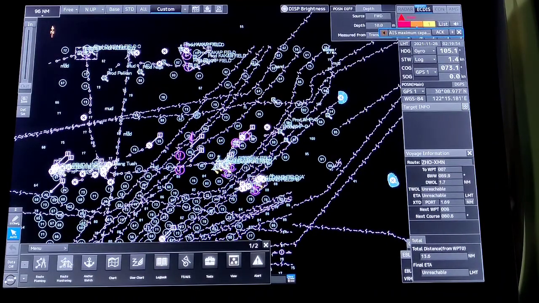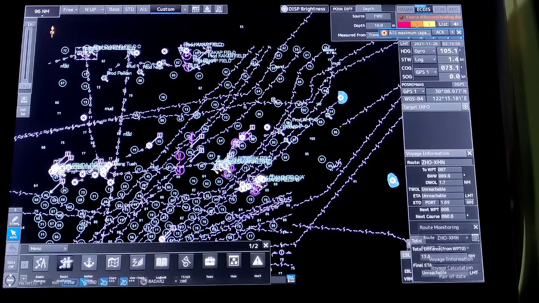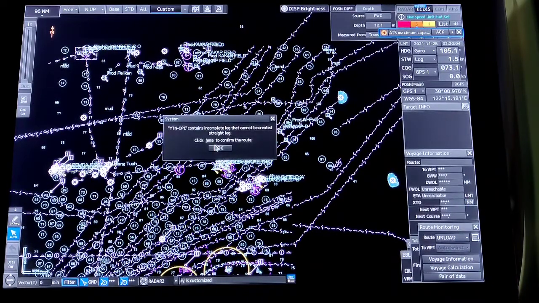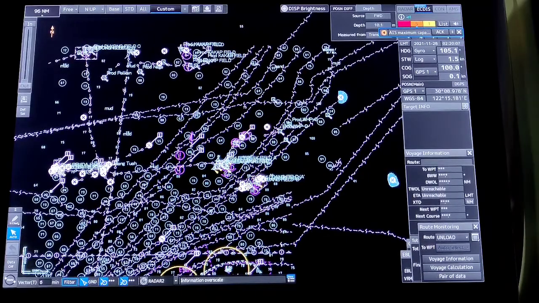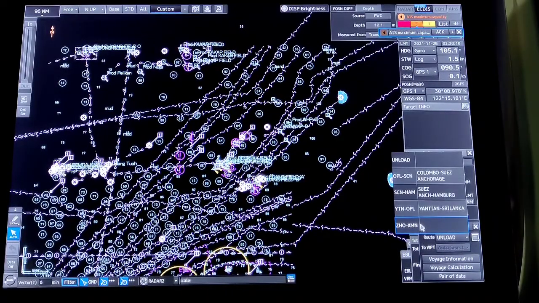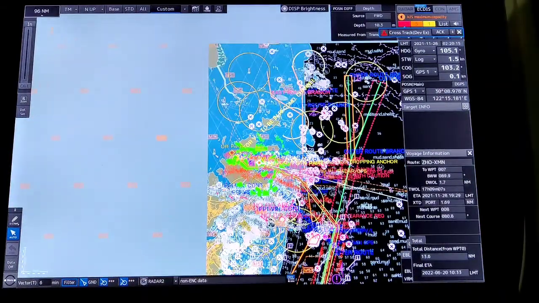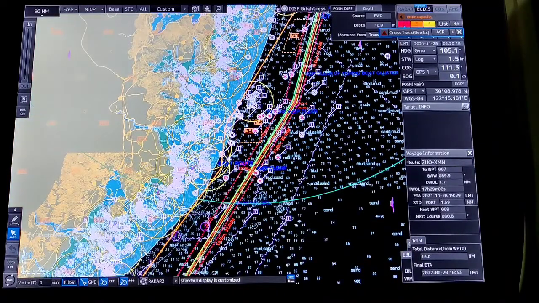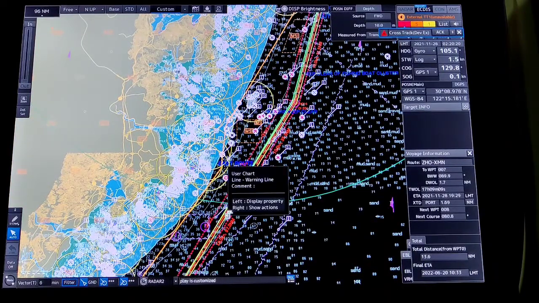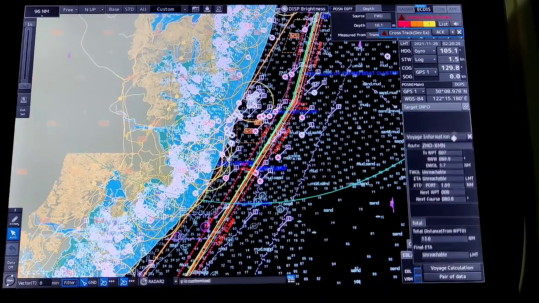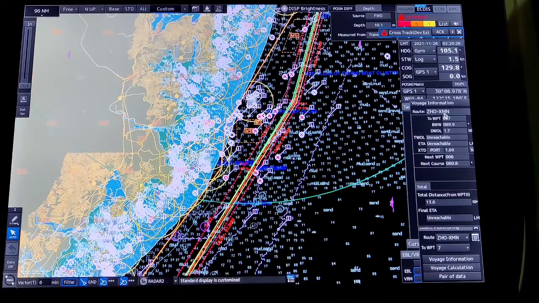The route monitoring section is for activating a route for monitoring purposes. I click on the route monitoring section, then I select the route, Yantian OPL, which was the route, and select. Because my vessel is in a different position, it is not activating to show you, so I will show this route, Chaushan Xiamen. I click on home. See, if my route is in red, it means the route is in monitoring mode. So your route activation window is on. Now you can move this pans up and down.